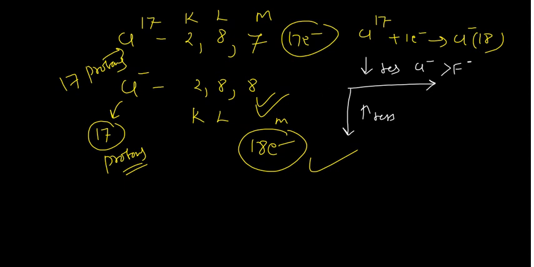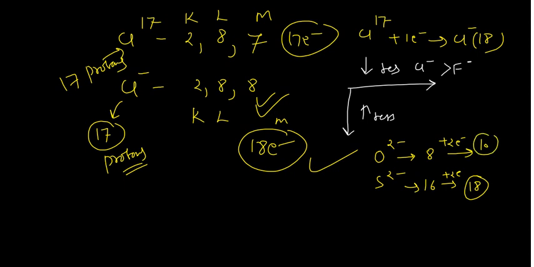When we go down the group, we can take, say, oxygen 2 negative, and we can take sulfur 2 negative. Okay, so you know oxygen has the atomic number of 8, and sulfur has the atomic number of 16, and if you add 2 electrons to it, making S2 negative, it would be 18 electrons, and if you add 2 electrons to oxygen, it would be 10 electrons. So the number of electrons is higher here. So shells are higher. For 18 you will have 2, 8 and 8, that is K, L and M. So shells are increasing, so radii will also increase.